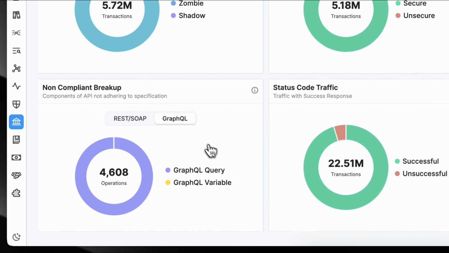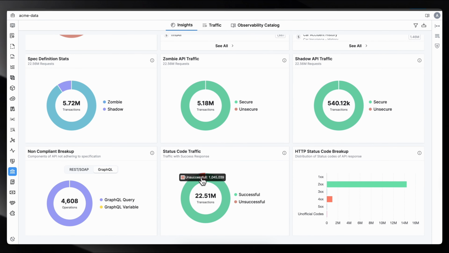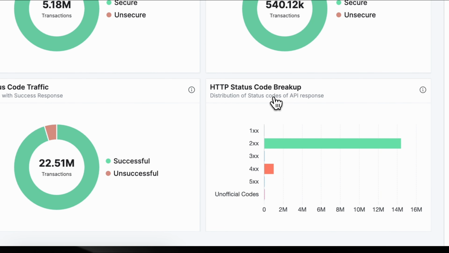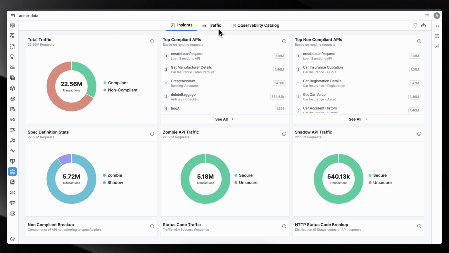We also get a non-compliant breakup of all the GraphQL APIs where the query or variable which is part of that API is non-compliant. You get a basic breakup between successful and unsuccessful transactions. And within those unsuccessful transactions, you get a breakup between HTTP status codes. In this case, I can see that a lot of these errors are in the 400 series so that I can take action on it. APIwiz gives you a detailed breakup of your traffic data, which we will see in the